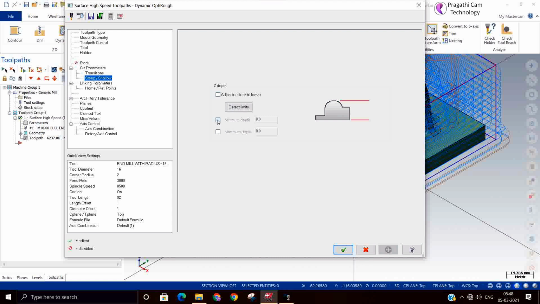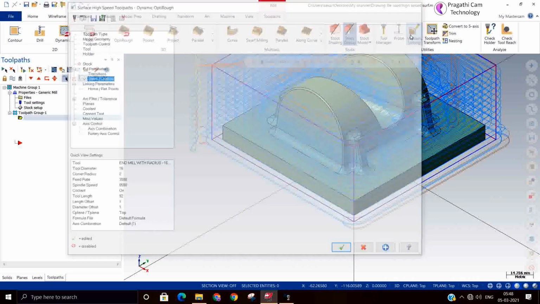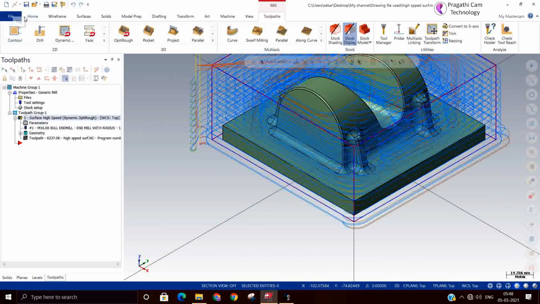What is the depth? First I will check it. Analyze dynamic. It is around minus 47.